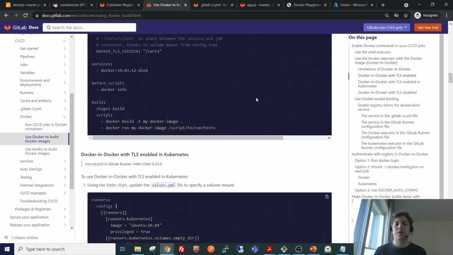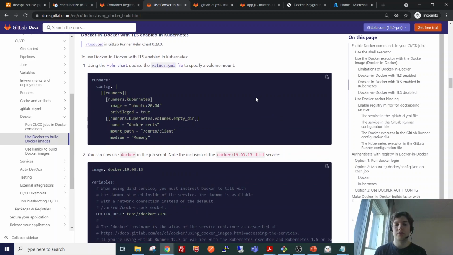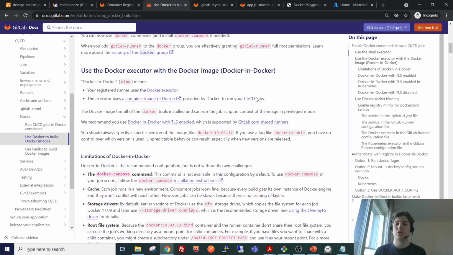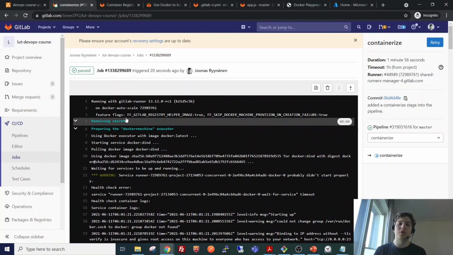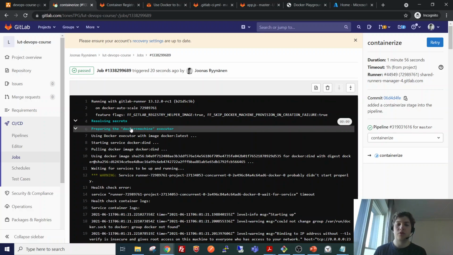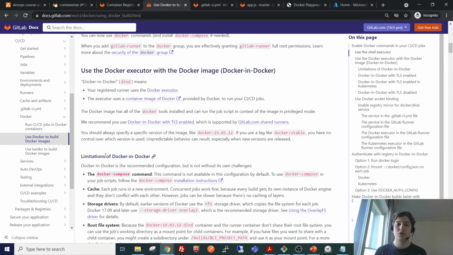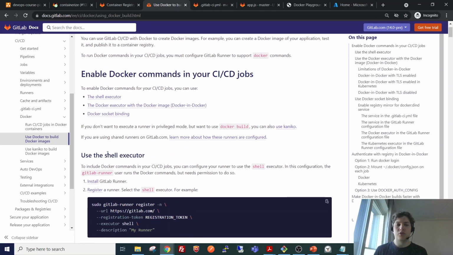There certainly are many ways to make this happen, and it is also important to know that GitLab is using the Docker plus machine executor here, but there are also other types of executors like shell executors, for example, that are mentioned in this documentation.